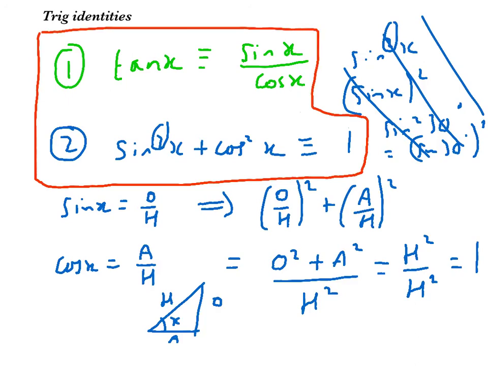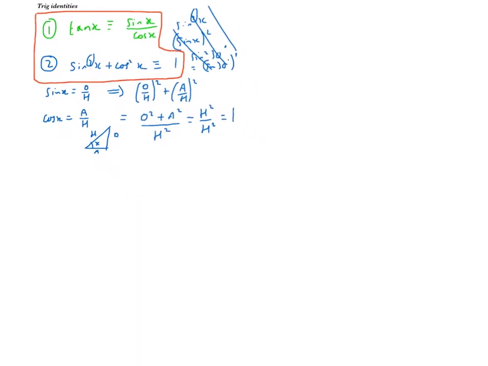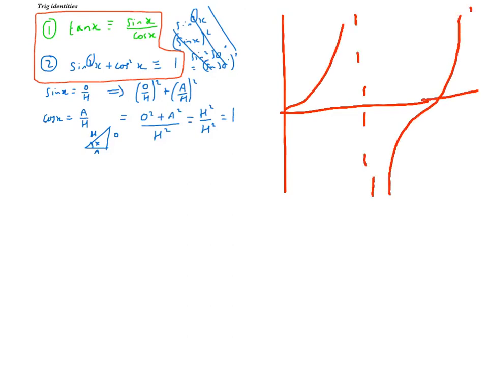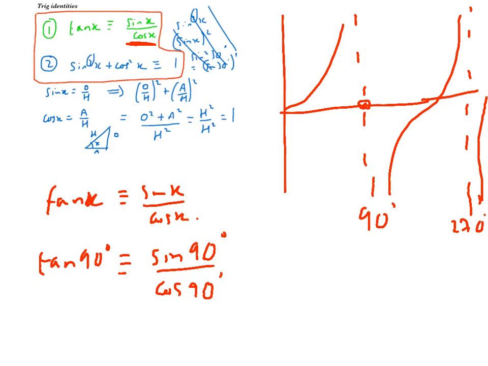Okay? What we can do with this tan one is we can now show why the graph of tan has asymptotes at 90 and 270 degrees, can't we? Yeah? Because if we look at this, tan x is always equal to sine x over cos x. Well, at tan 90 degrees, so if we're looking at this point here, this is sine 90 degrees over cos 90 degrees. Well, I know from the cos graph,